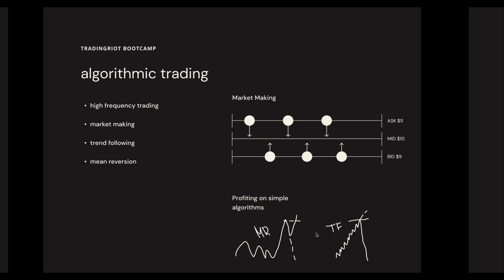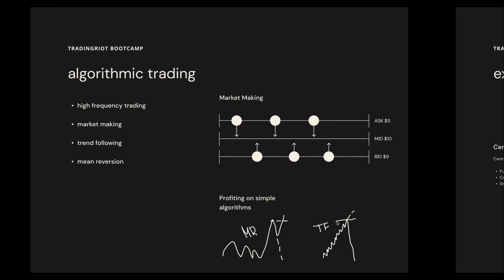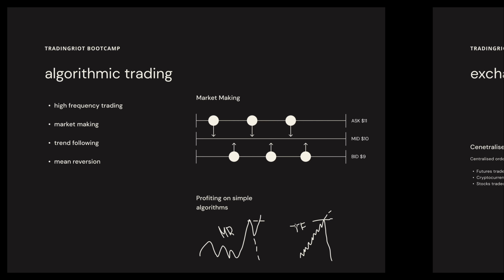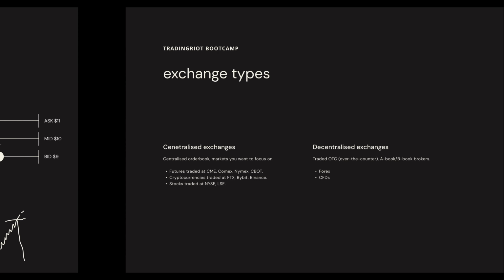That's about it. I will talk about this a little bit later on. I just wanted to demonstrate how you can profit on these kinds of systematic systems where you will have these different opportunities in these conditions. The last thing I want to talk about are the exchange types, and there are a lot of markets you can trade, and you can separate them